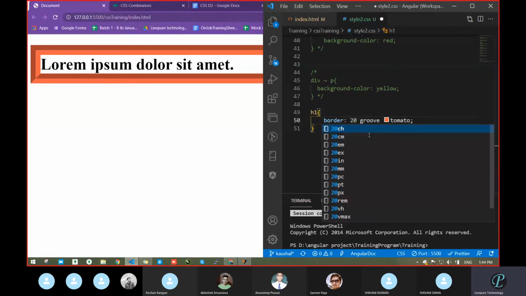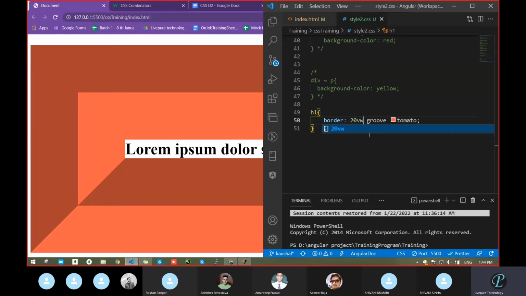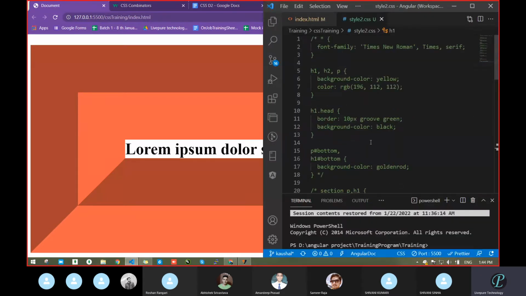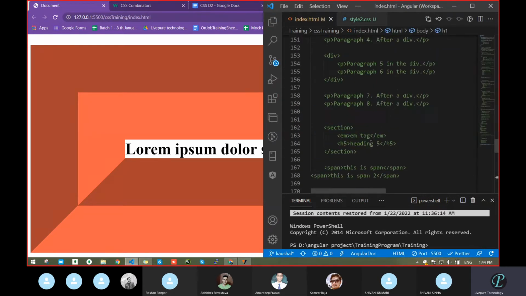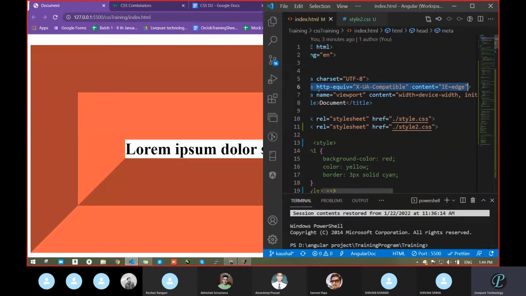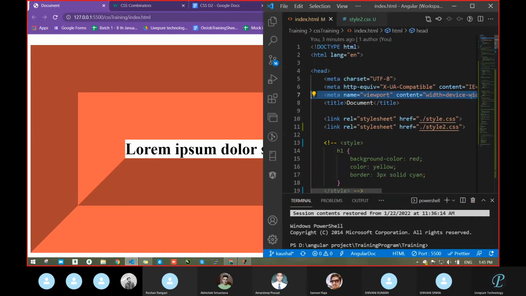Then there is another one, VW. VW means view width, and VH means view height. View width means this browser width. When we wrote HTML at the start, there is a meta tag. See this one, with viewport, initial scale 1.0. We had studied viewport, view width, those things.